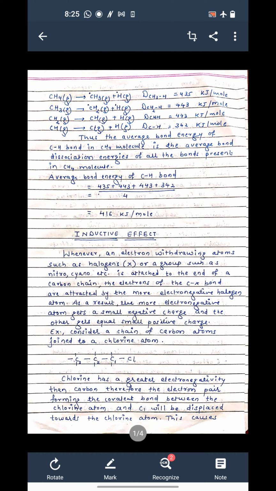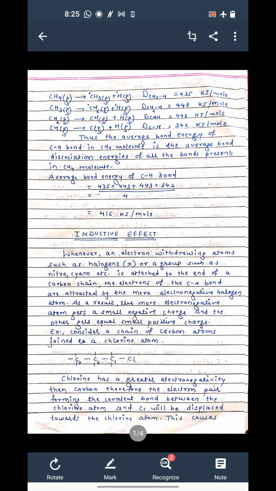After bond length, bond angle and bond energies, the next topic is inductive effect. Now this effect is due to the presence of a polar bond. Whenever an electron withdrawing atom such as a halogen, denoted by X, or a group such as nitro, NO2, cyano, CN, or etc., which are electron withdrawing or electron attracting groups, are attached to one